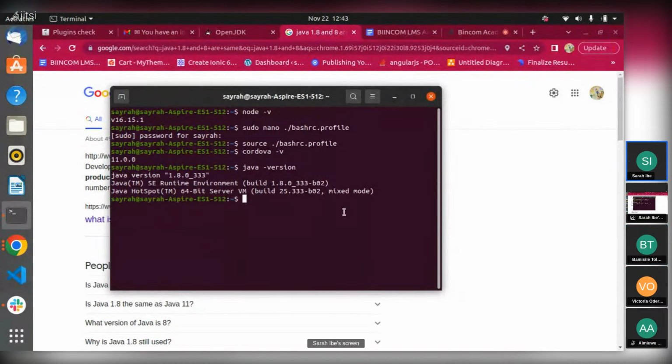Yeah, so I have Java version 1.8.0. You see that I have JDK 8.